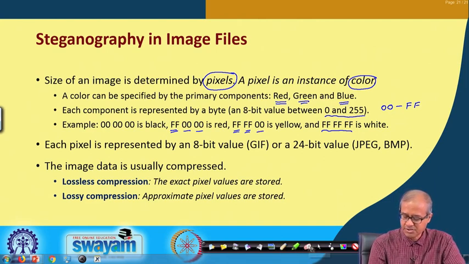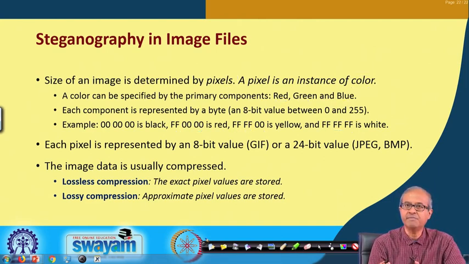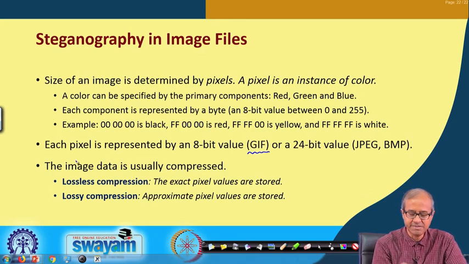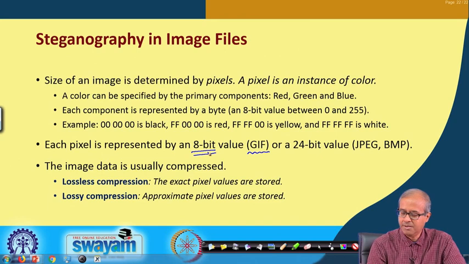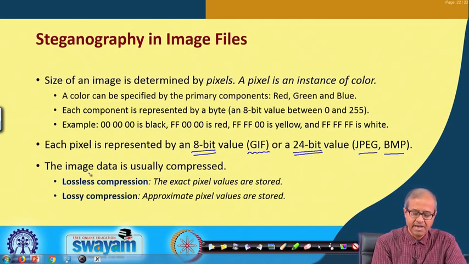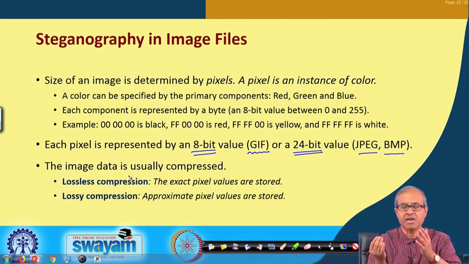Now, it depends on what kind of image format you use. For example, in the GIF format, which is very popular, each pixel is typically represented by an 8 bit value. But in JPEG or BMP formats, we use a 24 bit value for each pixel. And this image data, well, there are image formats which are uncompressed, but normally they are compressed. GIF, JPEG, these are all compressed